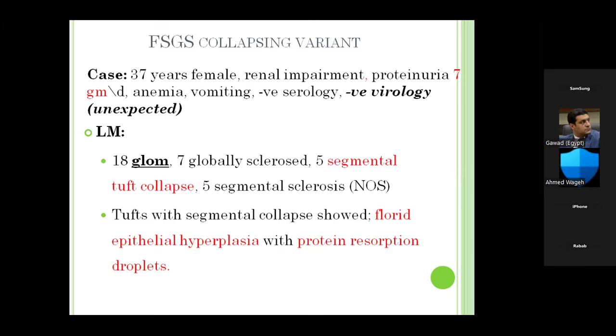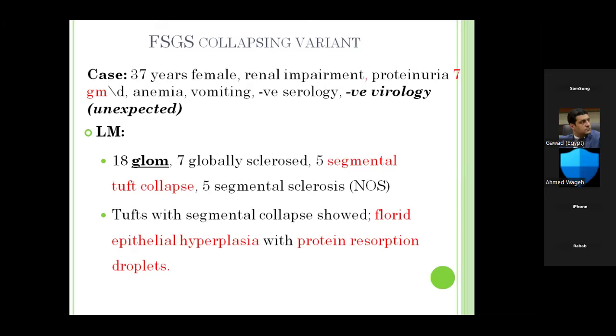An involvement of even one glomerulus with this variant of focal segmental glomerulosclerosis equals classifying it as a collapsing focal segmental glomerulosclerosis. And let's present this case for a 37 years female with renal impairment and protein 7 grams with anemia, vomiting, and negative serology and negative virology. Her light microscopic picture showed 18 glomeruli, 7 of them globally sclerosed, 5 segmentally sclerosed with tuft collapse, and 5 with sclerosis NOS. So even if we have one glomerulus with a tuft collapse in this biopsy, we will turn it collapsing and not NOS,